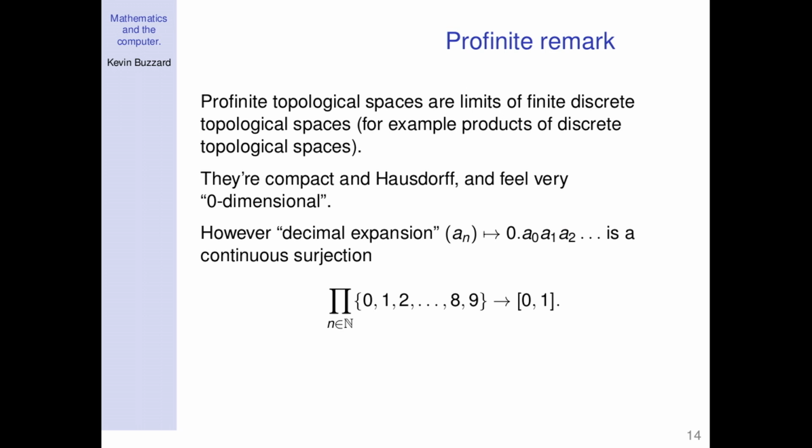But basically, this is saying that this is not profinite, right? This is definitely not a limit of finite sets. Profinite sets are totally disconnected. The only connected subspaces are the one-point subspaces, and obviously the closed interval [0,1] is connected. So there's a weird surjection from a profinite set to a compact Hausdorff set, and in fact this is not just a small phenomenon.